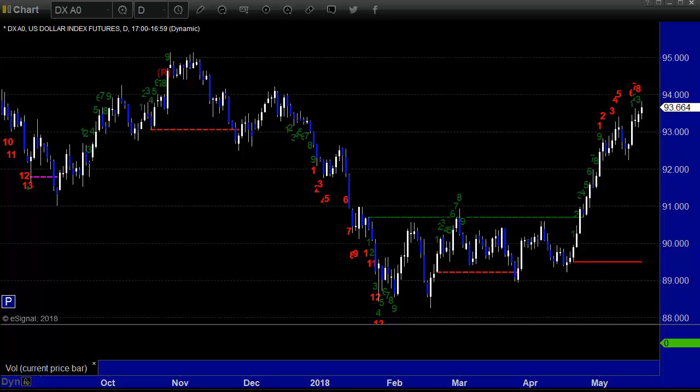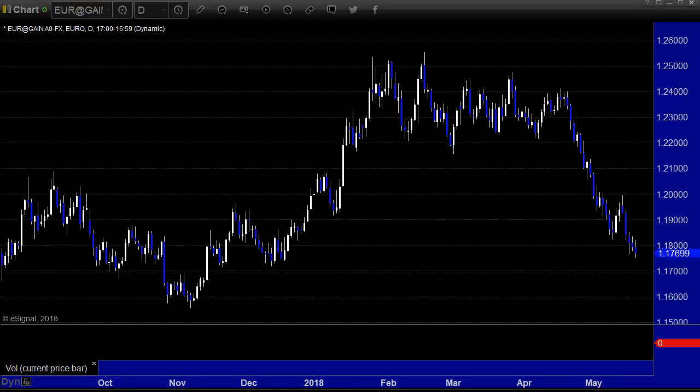Here's a look at the dollar index. Let's get on the right track here. Dollar index, daily chart. It was a really boring week overall, one of the worst I've seen in a long time. Tuesday was strong, but everything else was very flat. Let's go through the major pairs, then we'll look at the intra-week action, then we'll talk about the economic data that's coming out ahead.